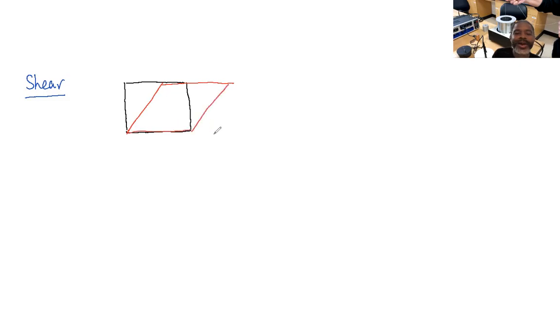Okay, so I apply a force at the base like so, and I pull on it with the same force. Okay, like that, and so I end up deforming it in this way. This is called a shear deformation, and